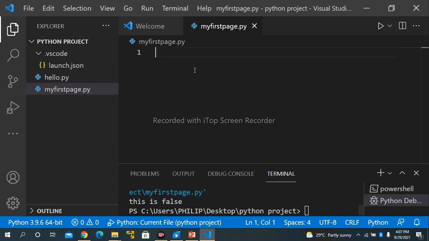After inserting your comments, now we will learn about variables. Variables refer to the quantity